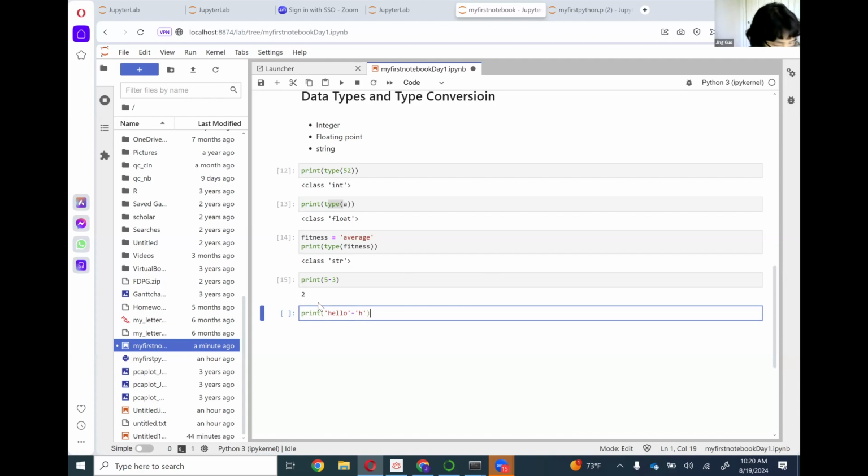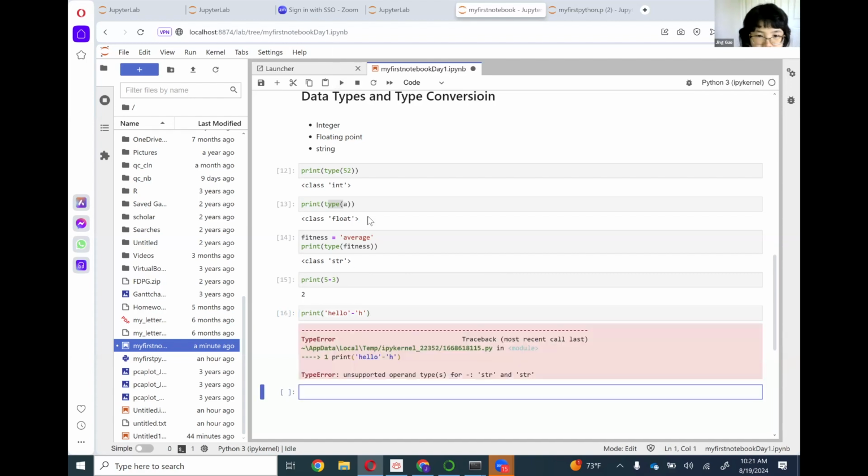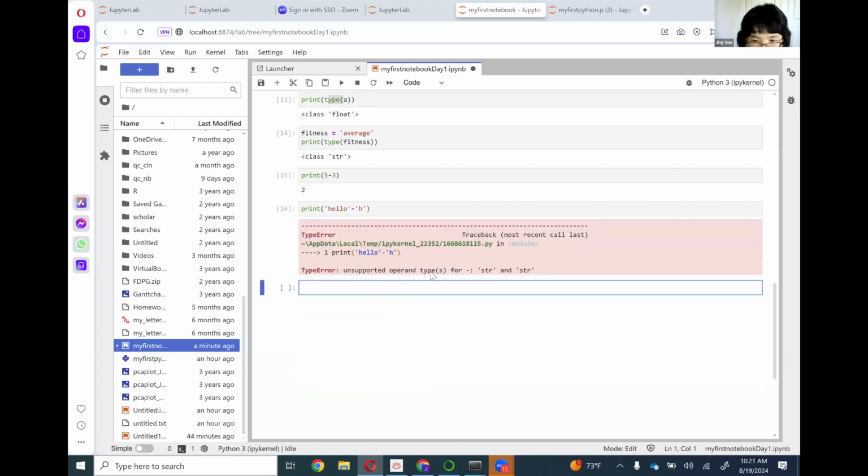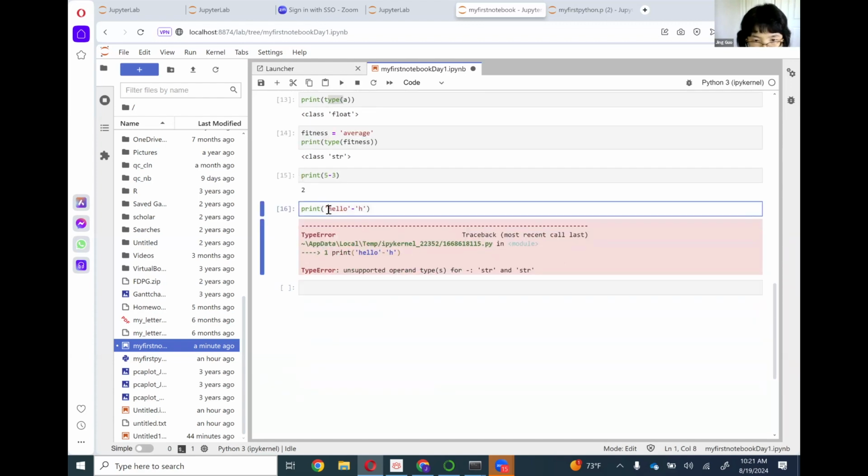For example, if you want to print hello and then you would like to exclude H, this will give you an error message. It will say unsupported operand type because string does not support subtraction. So I'm going to delete this error message, and I'm going to make a little note here